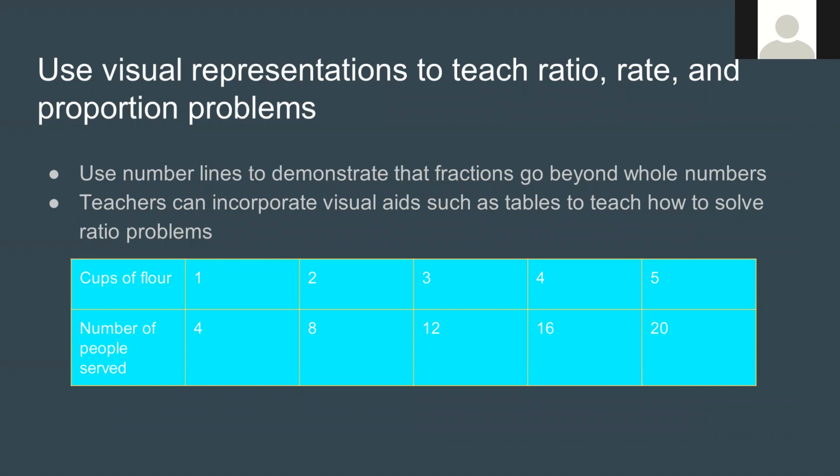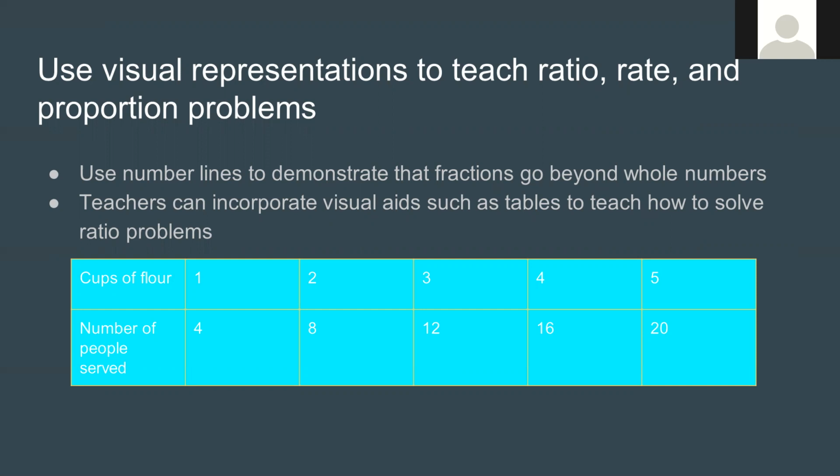And teachers can also incorporate tables like shown here to teach how to solve ratio problems and to just explain ratio problems in general. So here we have a ratio of 1:4, of 1 cup of flour giving 4 servings. So let's say the rest of the table wasn't there yet and we just had 1:4. We know that the next one would be 2, because let's say for 2 cups, and then if each one is 4, then the next on the bottom would be 8, and then